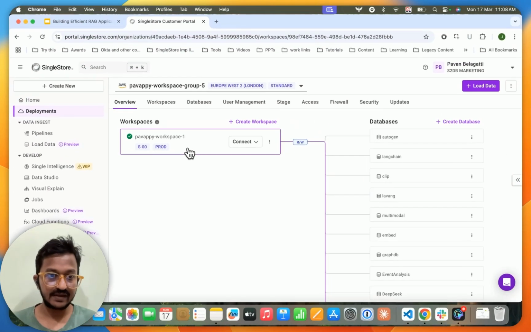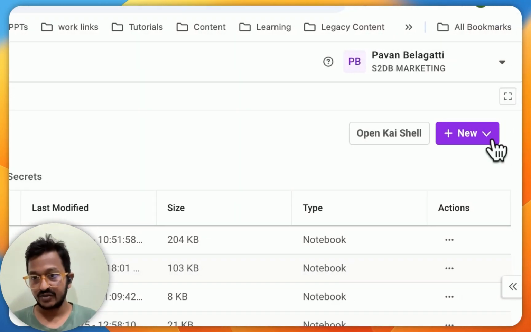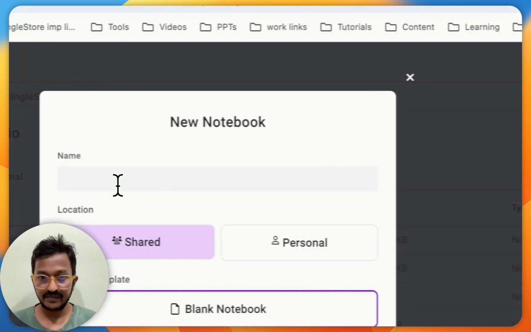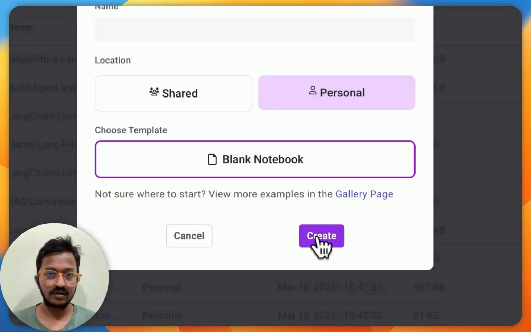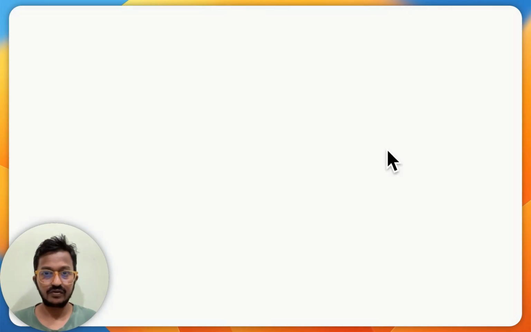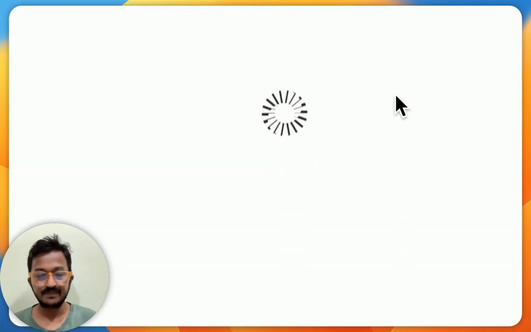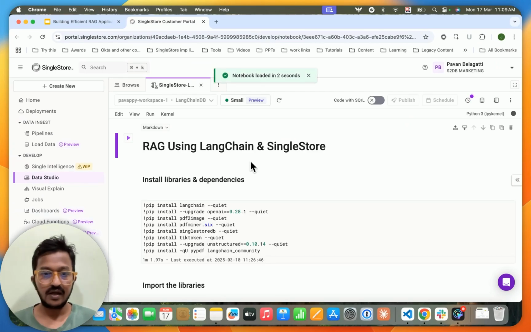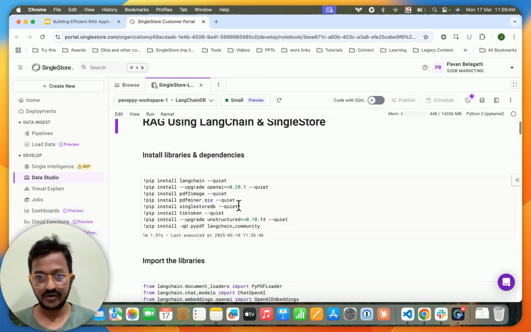Once you create this, the next thing is to go to Data Studio. This is where you can create a new notebook, right? Give it a name, make it personal, share, and then create one. I have the link ready. Let me go to my notebook code. My notebook code is already here. Once you create your new notebook, you can just paste this whole thing. I'm going to share this. Paste this, start working on your notebook.